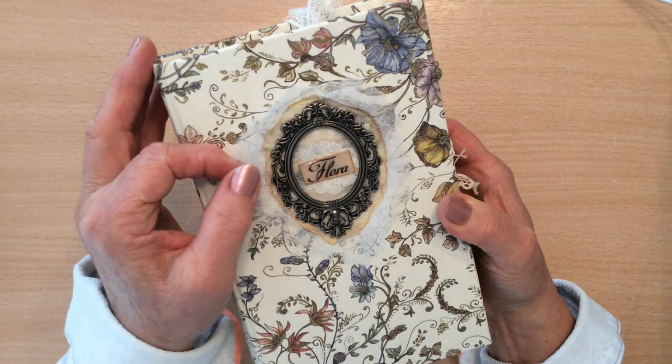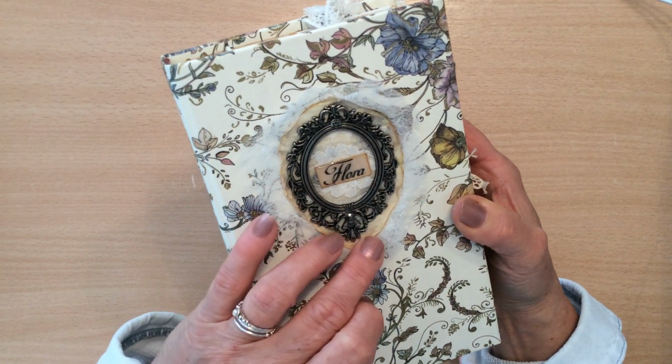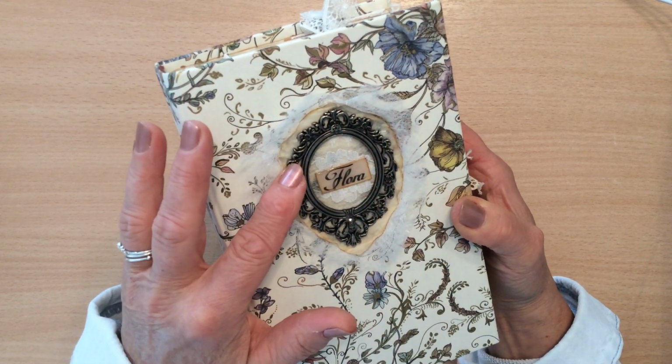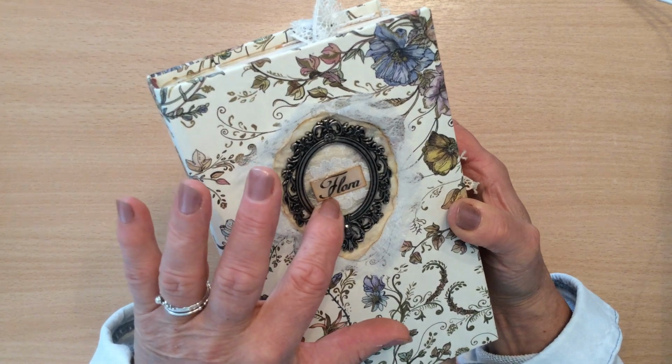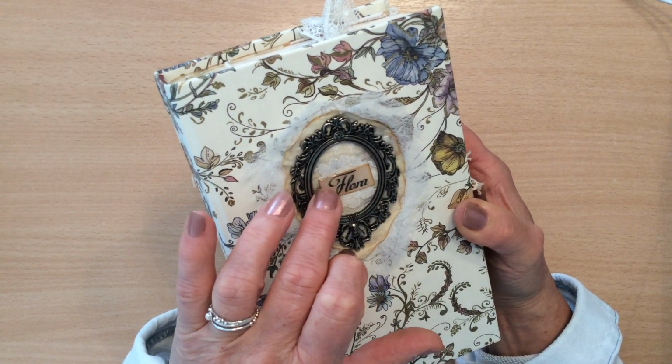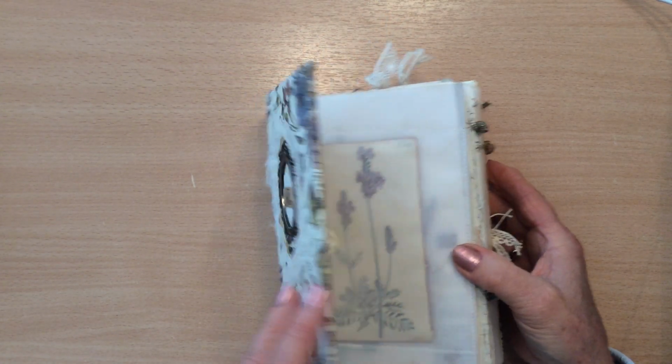So there's a couple of layers of delicate fabric, some tea stained paper, then this metal book plate, and then inside you've got a layering of lace with the word Flora, which I've covered over with some glossy accents to protect it. So going inside,